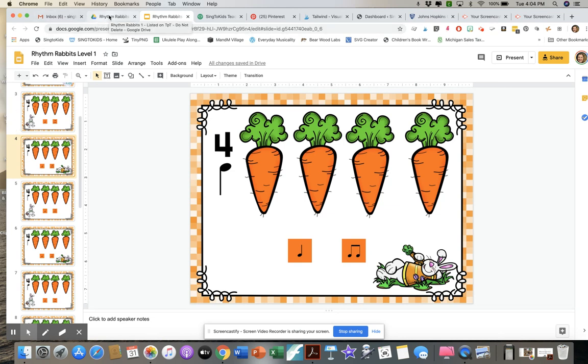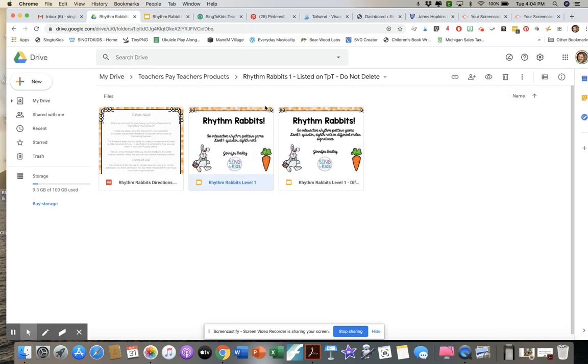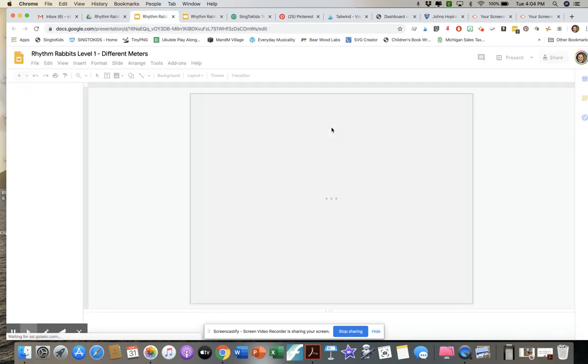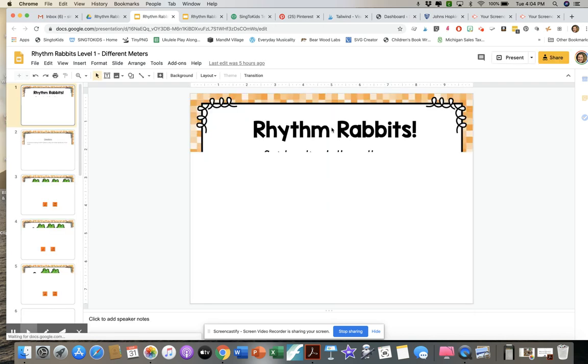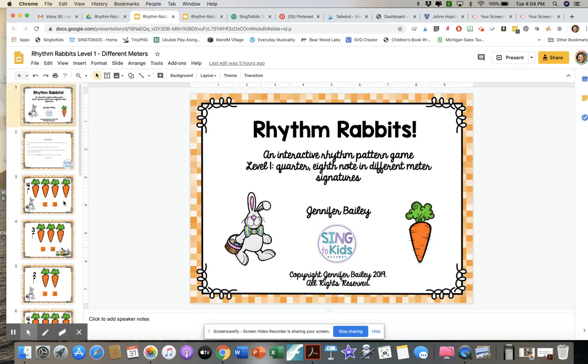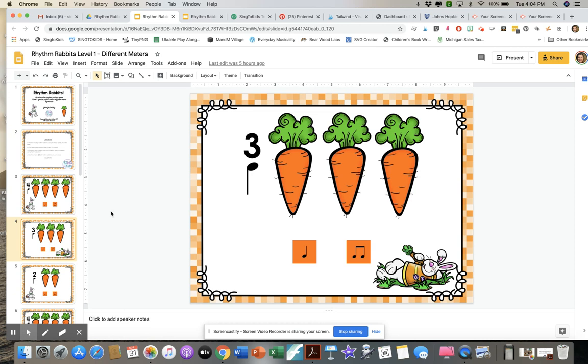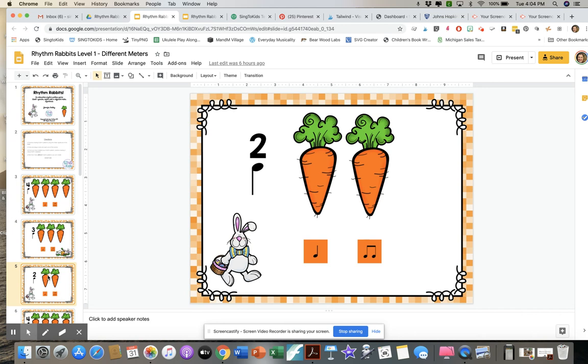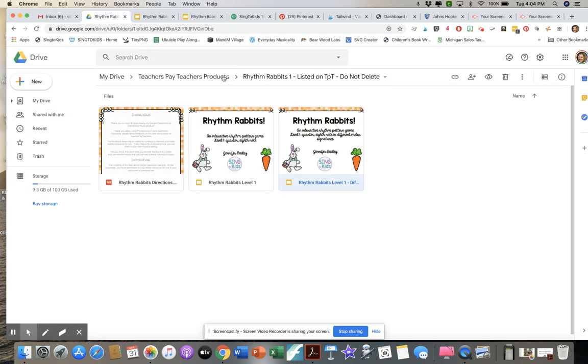So I wanted to show you, there are 2 versions of this game. And the first version just uses a meter signature of 4. The second version has a different meter signature. So again, they can see if they were creating patterns with 3 or creating patterns with 2 beats in them. And so this is just level 1, which has quarter note and eighth note combinations. There are additional